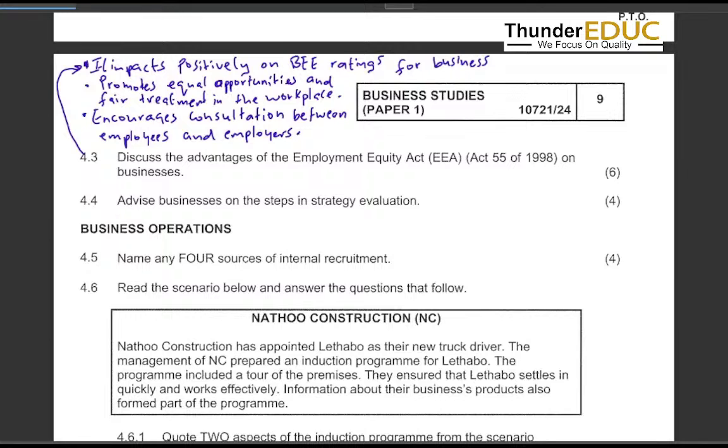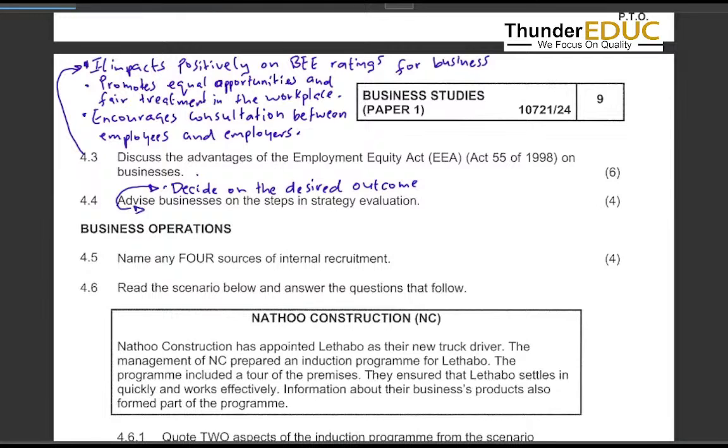Advise businesses on the steps in strategy evaluation. So now steps on this strategy evaluation, you must actually decide on the desired outcome. Also set specific dates for control and follow up. We are saying that decide on the desired outcome,